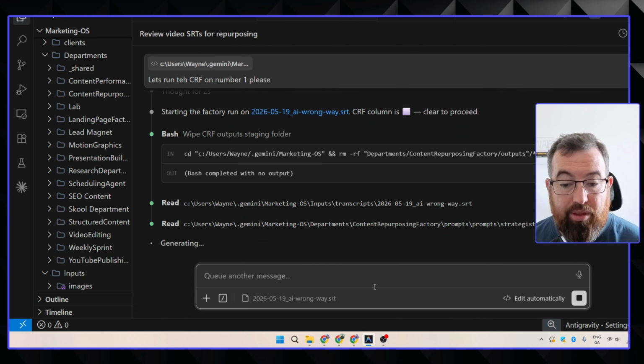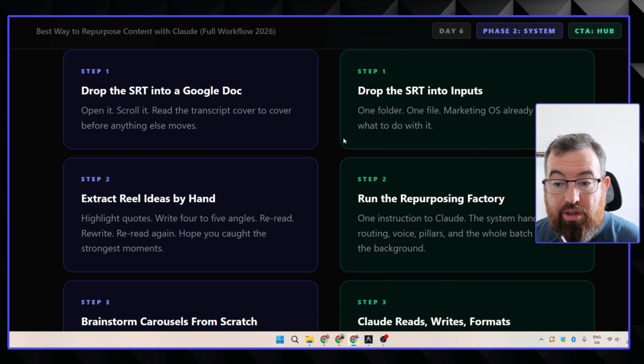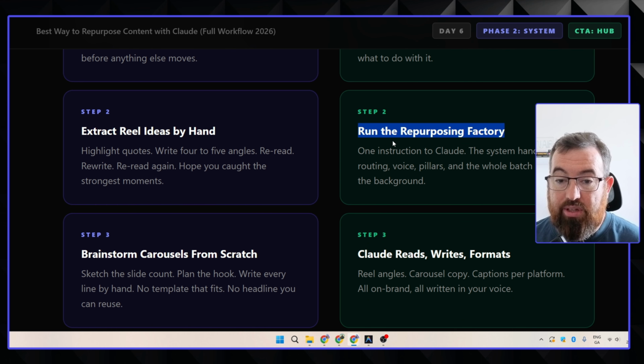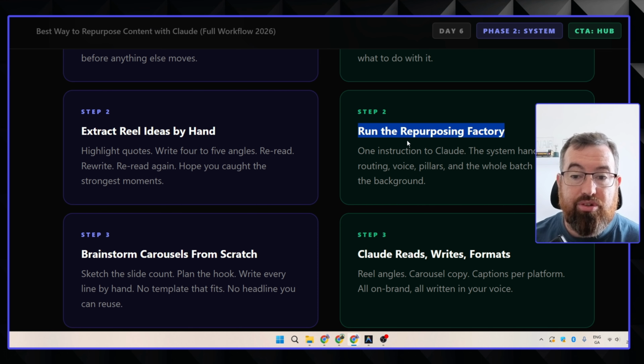And what we'll do is jump back in here. So I'm running Repurposing Factory, and again, if this is something that really interests you,